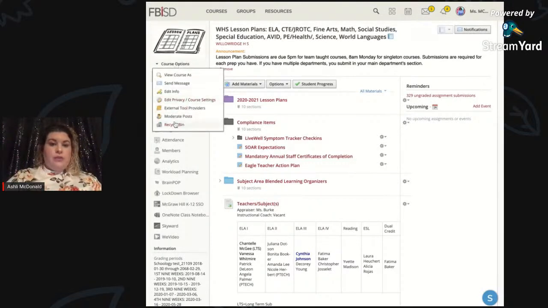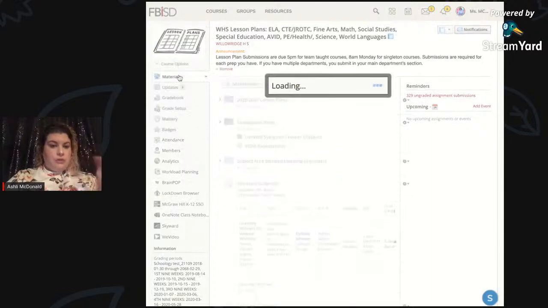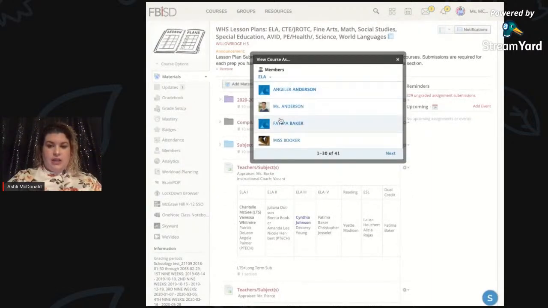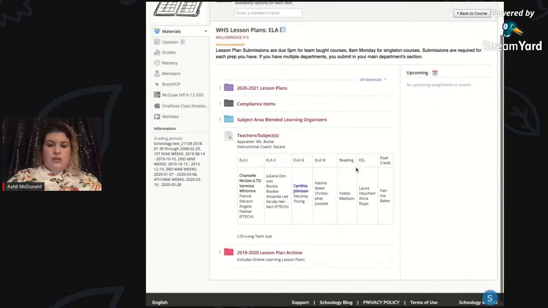So if you look at it from a student point of view, which would actually be the teachers in here, this is what it looks like. And then we do create folders where we take the lesson plans from the year before and put them in a little archive place. So again, if a teacher needs to make reference or go back to their lesson plans, they're able to come in here and look at that.